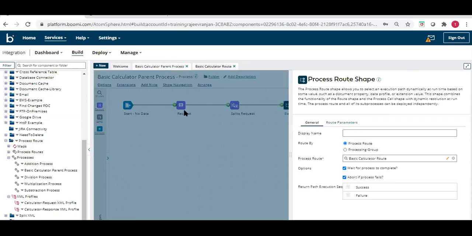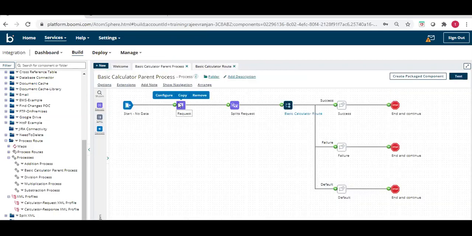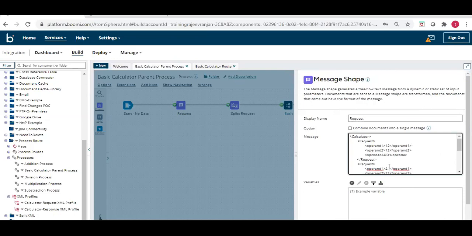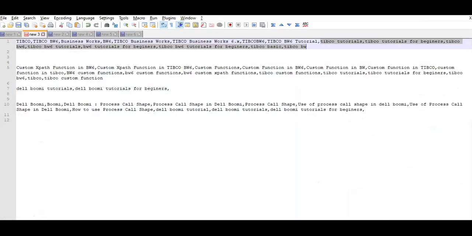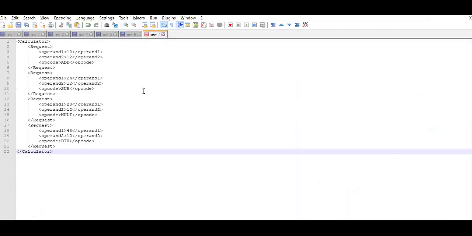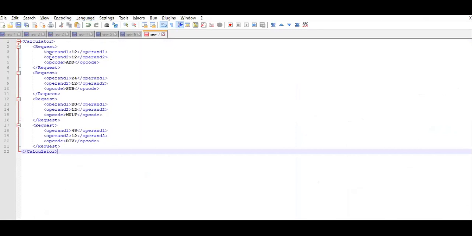So let me quickly show you this. For us, this is the route key: addition, subtraction, multiplication, and division.